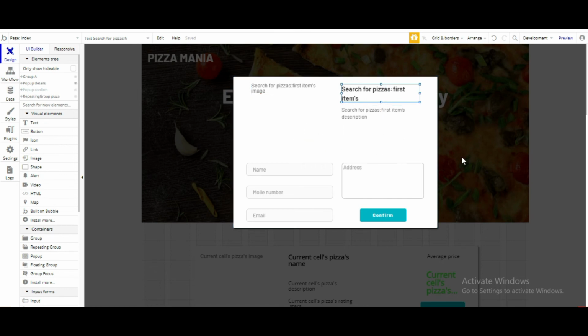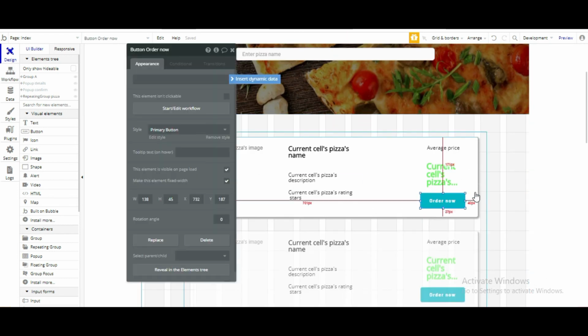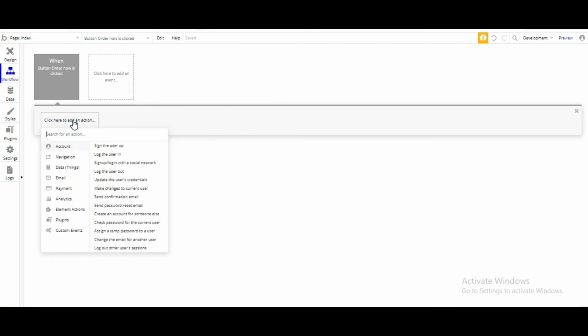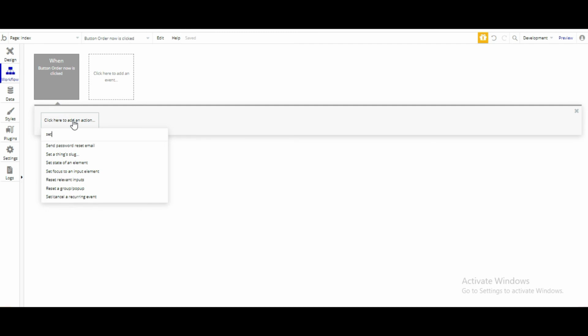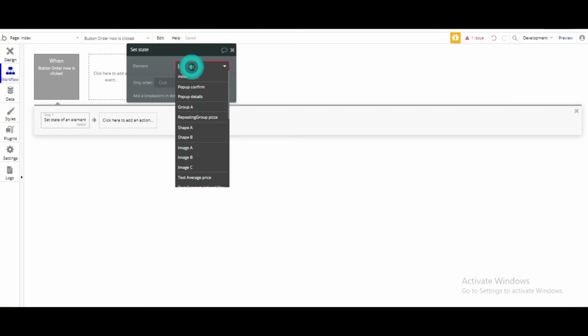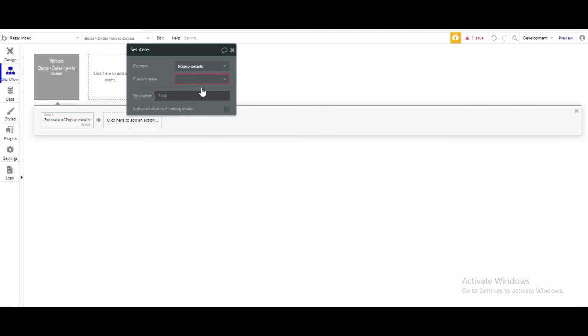Okay, now let's come to our workflow part. So click on this button order now. Start and edit workflow. So we want that whenever button order now is clicked, let's first set state of an element. Element is our pop-up details because we have already set state there of this particular pop-up.